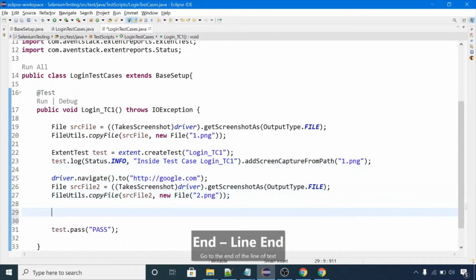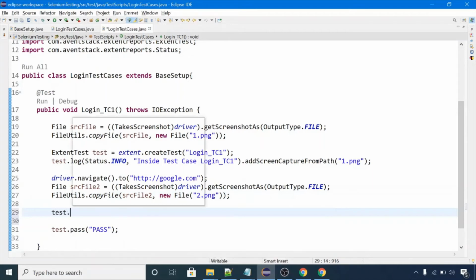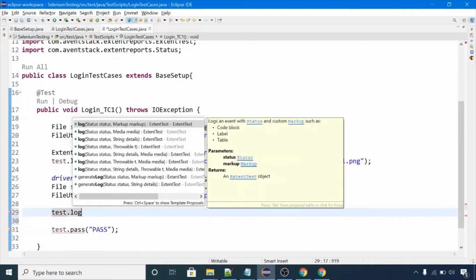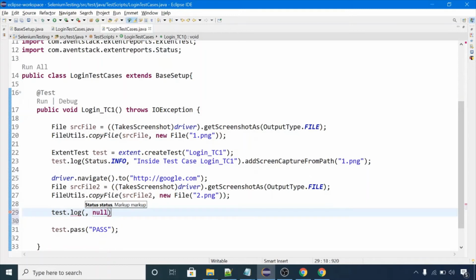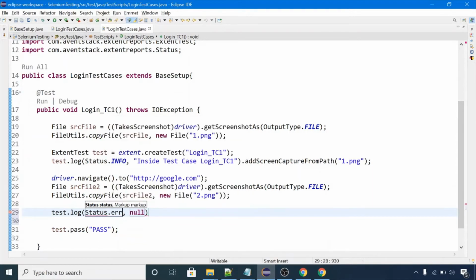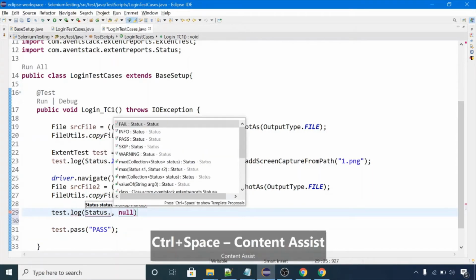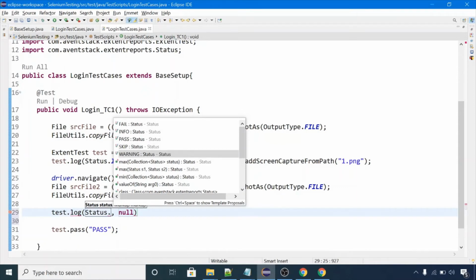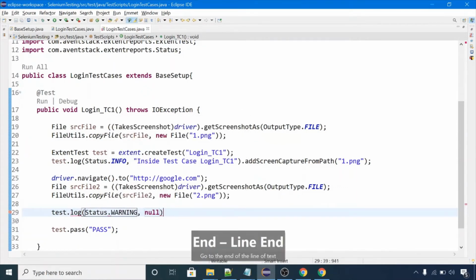Now in this test.log we will actually add the screenshot in that particular log. Let's suppose I want to add some error log. Status dot, or you can use pass, info, skip, warning. Let's suppose I want to add some warning.